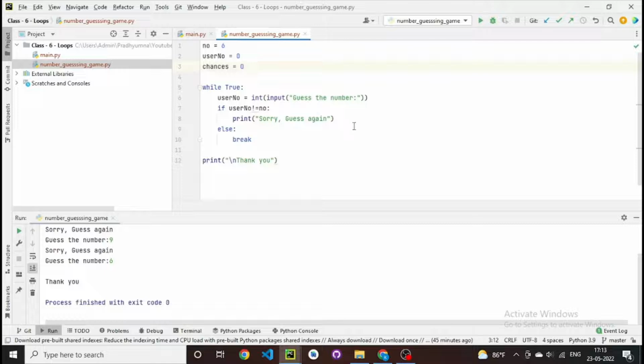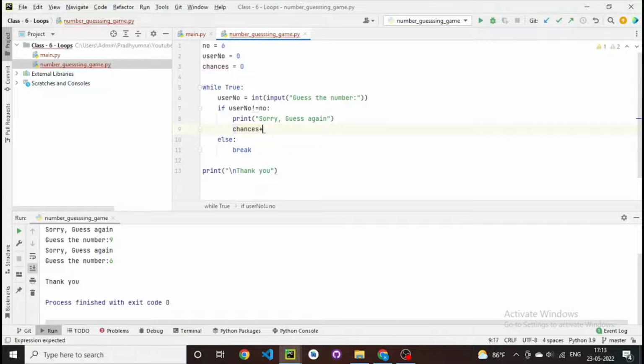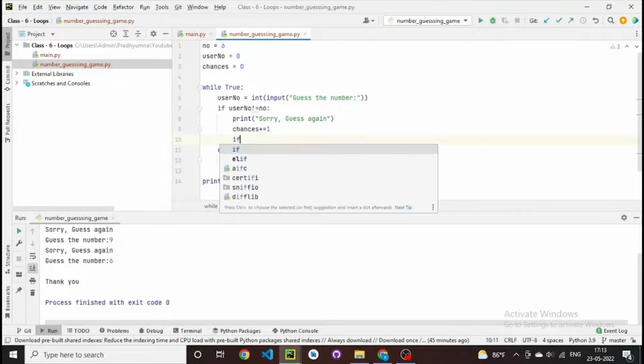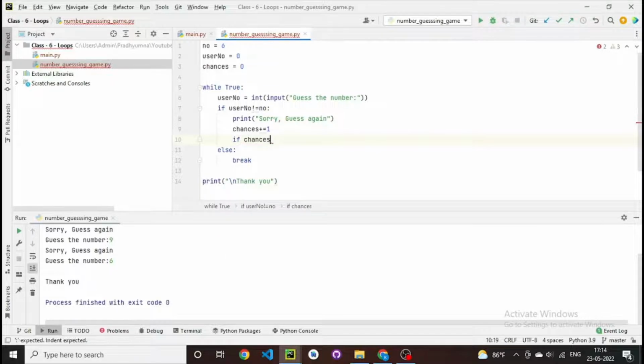When he's wrong, we'll add chances plus equal to 1. If you remember, we had studied this, so we are incrementing it by 1. Then, when chances is 5, we say